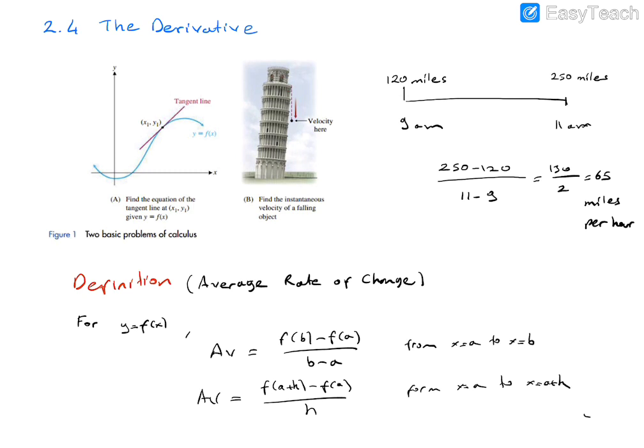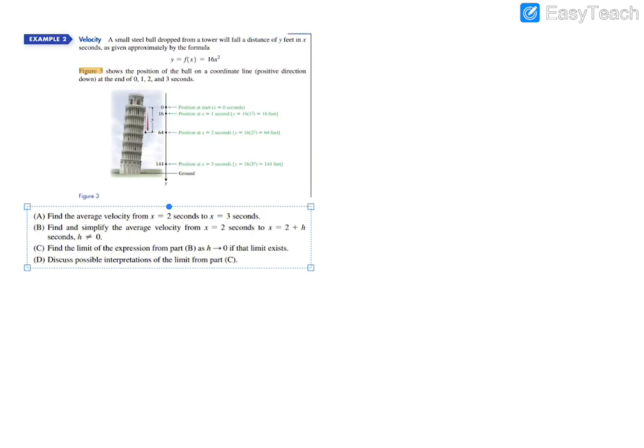This quotient is very important. By using this quotient, we will define the derivative. But now this is just the definition of the average rate of change. Note that the numerator and denominator in this equation are differences, so this quotient is called a difference quotient. To understand the physical idea behind this definition, let's look at the following example.